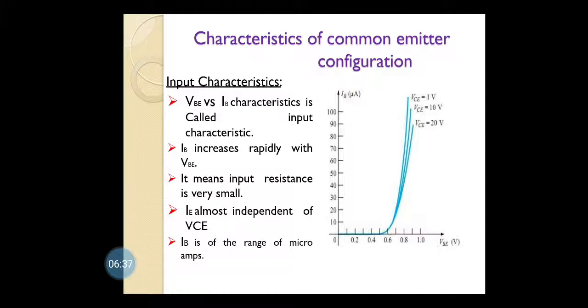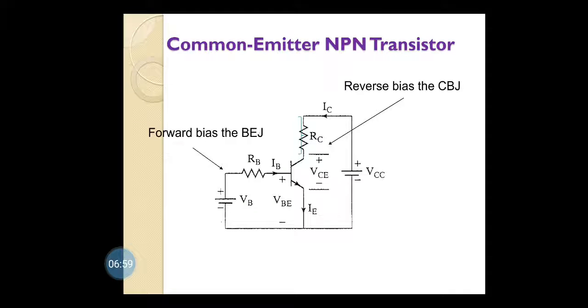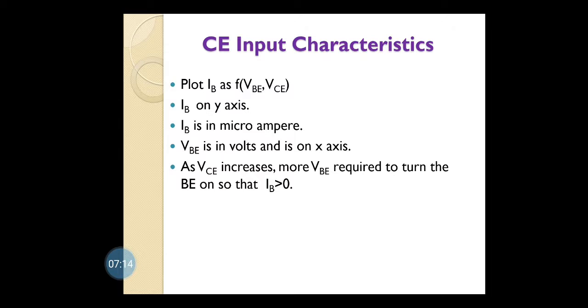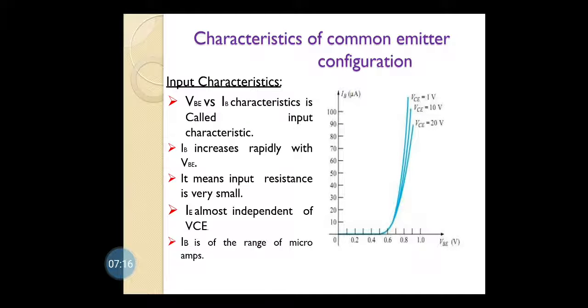Now we are done with the VI characteristic. As you know, the transistor VI characteristic is divided into two: one is called the input characteristic and one is the output characteristic. For common emitter configuration, for the input characteristic, we are going to find the input voltage and input current. From this circuit diagram you can see the input voltage developed is VBE and the input current is IB, the output current is IC, and the output voltage developed across the transistor is VCE. So now we can check the input characteristic.